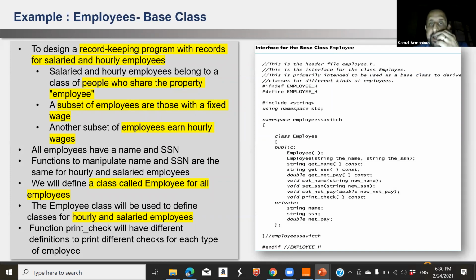So I will not go into the details of C++ now, but one example that we will go into next lecture, inshallah, is the employee. The employee is actually a base class, and it has 2 children. What are those 2 children? The hourly employee and the monthly employee. يعني ايه the hourly employee؟